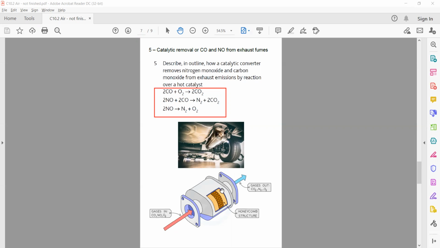Also, I'll add that to the note as well, but they're actually made of quite expensive metals. They're made of things like rhodium and platinum, things that are in the same sort of class as gold and silver. So they're relatively expensive. They're not cheap metals. A catalytic converter is not a cheap thing. It's not something that you go pick up for $300-400. It costs maybe a couple of thousand.